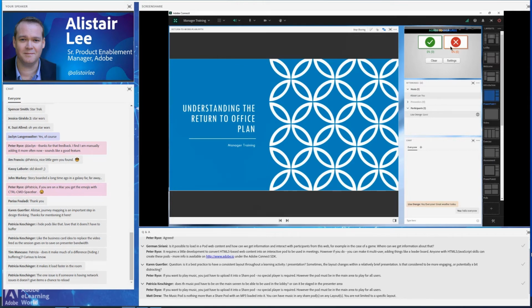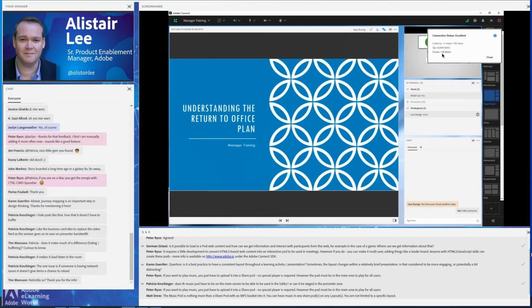The other thing that we've got with uploading our content is very little bandwidth being used. In Adobe Connect, you can see your bandwidth by clicking on this connection status icon. And you can see here I'm using not even a tenth of a kilobit. It's in the thousandths of a kilobit upstream and only 1 kilobit downstream. And that's because I'm not sharing my screen. I'm not pushing millions of pixels through the internet. I've uploaded my deck. It takes nearly zero bandwidth, but the quality remains very high. I don't have to put up with any of that compression that you would get sharing your screen.